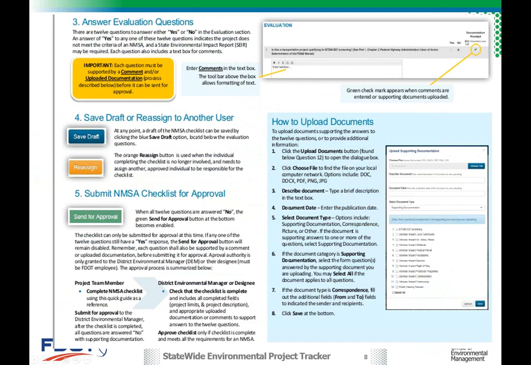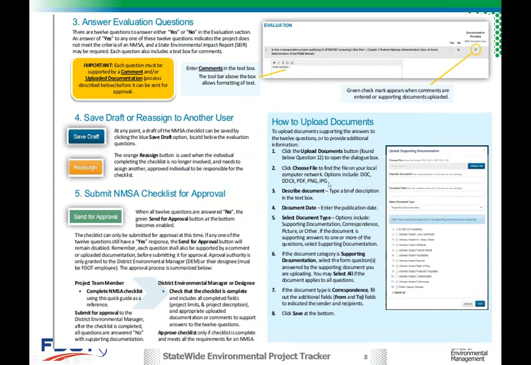You go through and answer the various questions and provide your evaluation. Again, are we looking at no's? Are we providing analysis? And are we having supporting documentation? Very similar to how you do the Type 1s. Somebody can work on it and save it as a draft. Within this form, it also identifies who's the preparer versus who's the approver. So there is a reassign button if I'm the person that's tasked with preparing the document, but I'm not going to finish, and I need to reassign it to someone else so that they're the individual that shows up as the preparer. There's functionality within there.